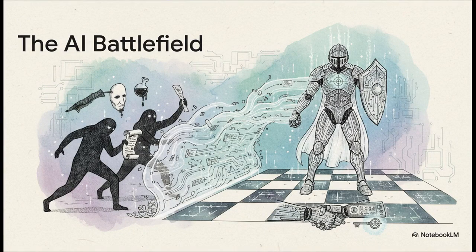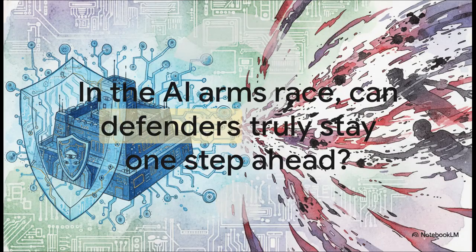So if we're going to sum it all up, the state of the battlefield really looks like this. AI is now both the weapon and the target. The most dangerous attacks are focused on clever deception and espionage, not just brute force. Our defense can't be a static wall. It has to be a living, breathing, adaptive process. And what that means is the winning strategy for the foreseeable future will always be a true partnership between intelligent machines and expert humans. And that really leaves us with one final, kind of chilling question to think about.